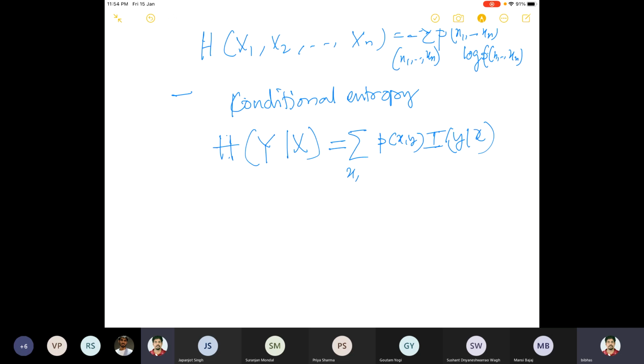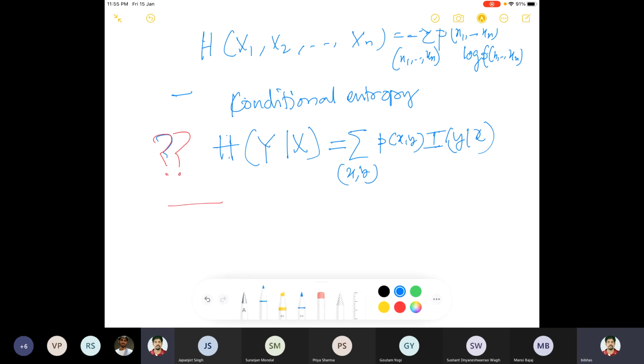We defined it yesterday, but let me just check. Oh, there will be a minus. Oh no, everything is okay. So does everybody agree with this definition? What does it mean? Okay, nobody is saying anything. It means everybody is confused. Either everybody understands or nobody understands. So let me write it this way. We defined it yesterday, by the way.